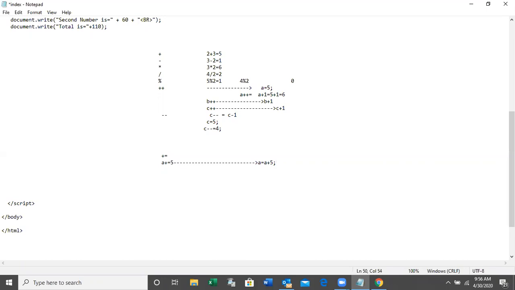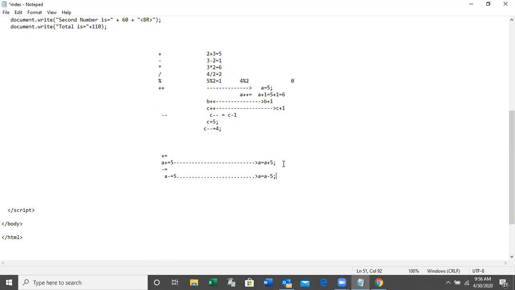Then minus equal. Say, A minus equal 5 means A is equal to A minus 5. So like that we can write plus equal, minus equal, multiplication equal, division equal, modulation equal, right?